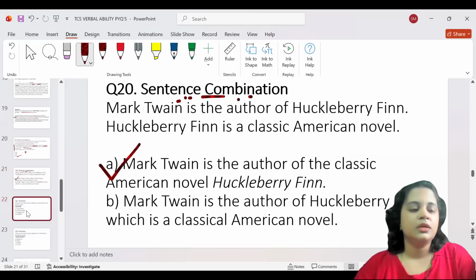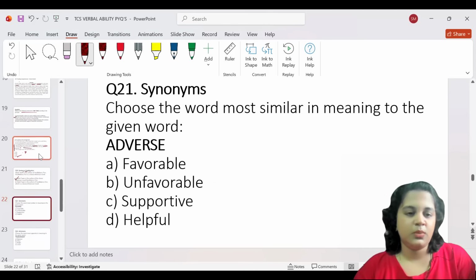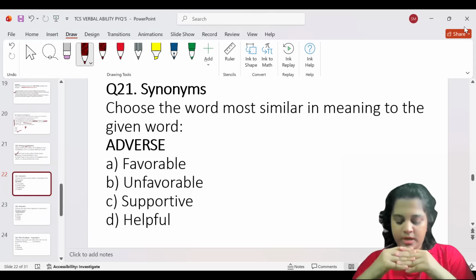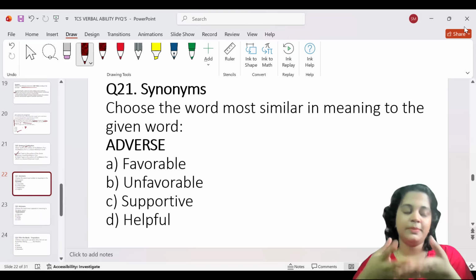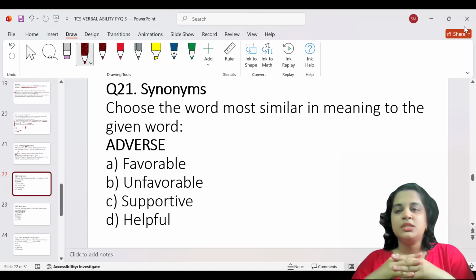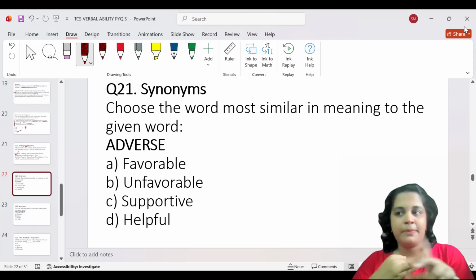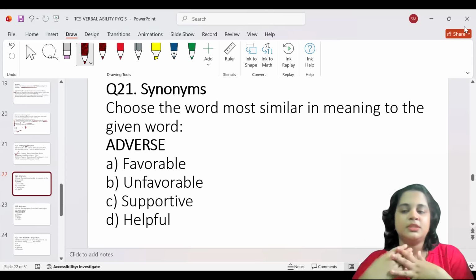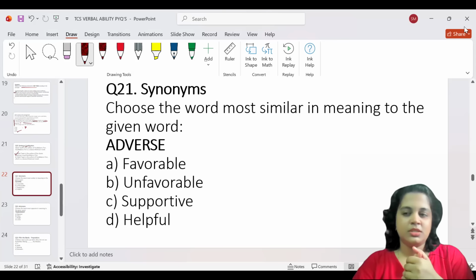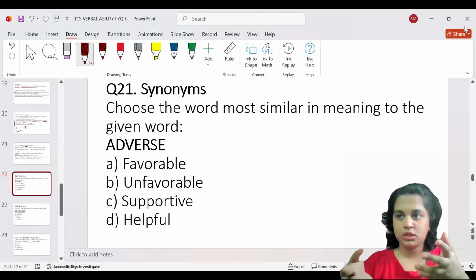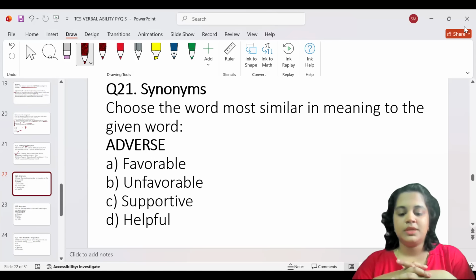All right, let us go to the next one. Here we have synonyms. See, synonyms, antonyms, and idioms and phrases. Now, they might ask questions from these. See, the other parts of grammar can be taught, can be trained, patterns can be predicted. But synonyms, antonyms, idioms and phrases, American to British English or Latin words.